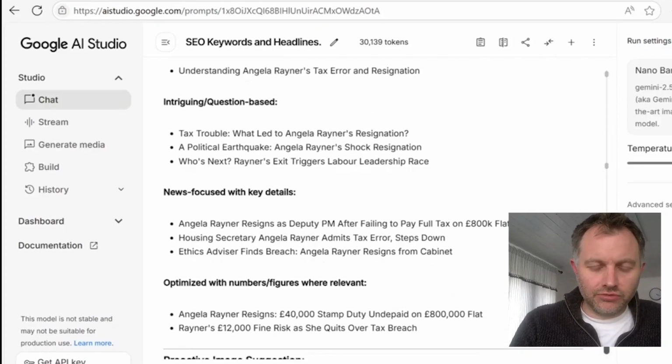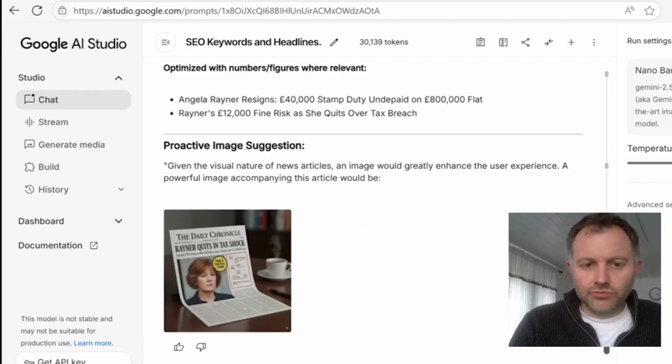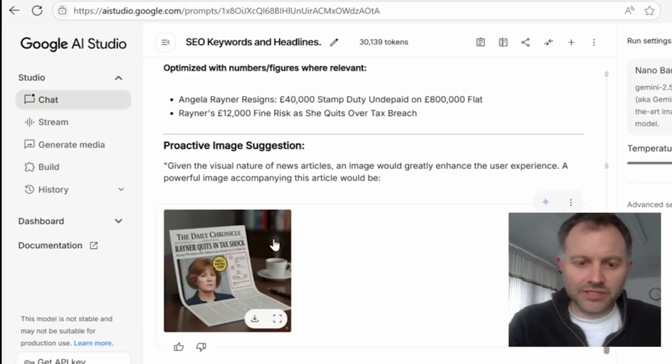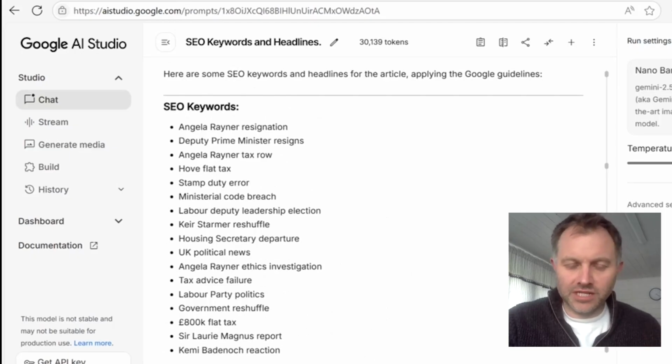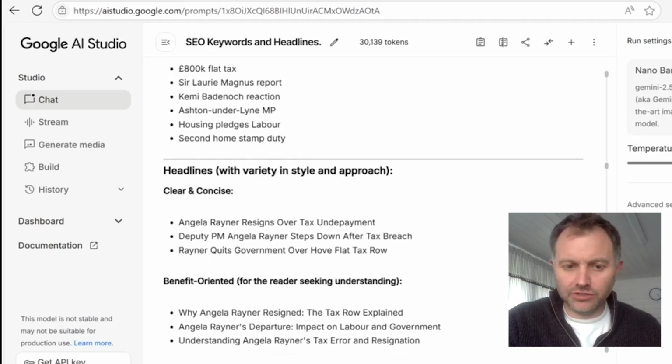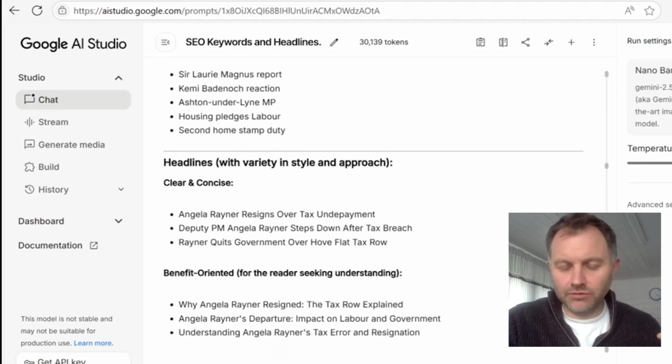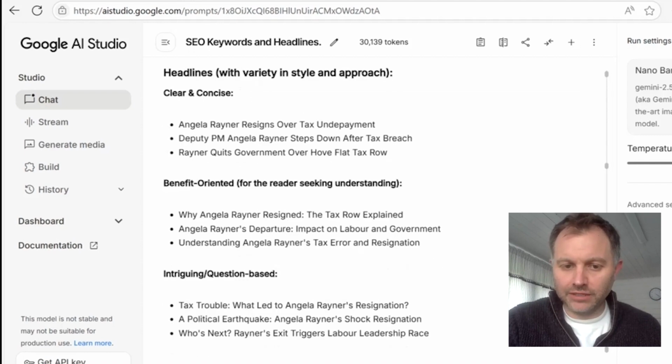So that's quite crucial. And then it's also thought of somewhere you've got the figures involved as well, and the fact that the flat that she's had this issue with is reputedly worth £800,000. So that would be useful. This is less useful in terms of the image selection, so you wouldn't obviously use a user-generated image with it. But it's really helpful, this process, in terms of clarifying exactly what you need to be putting in the headline based on your story, because that can be really important